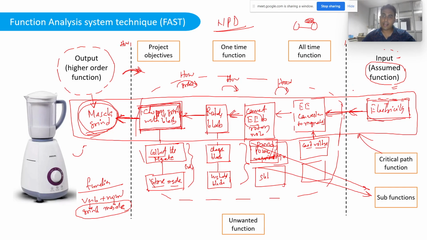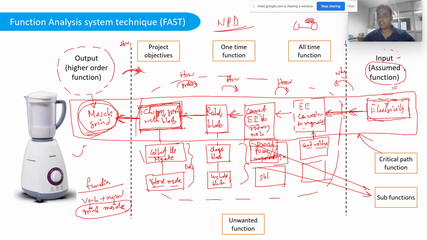Then you ask reverse questions to validate that your findings are right. Earlier you went from the left side and asked how you do that. Now you ask why electricity. Now you say why electricity, because